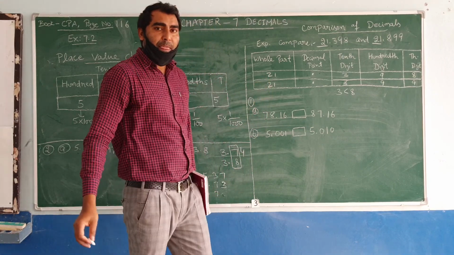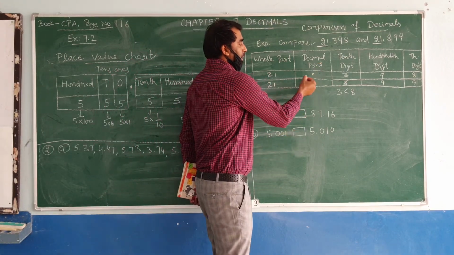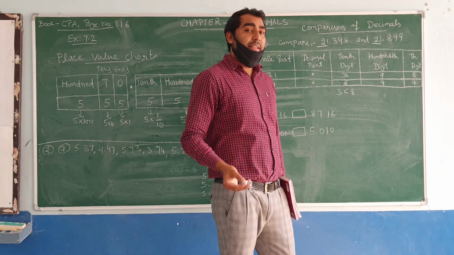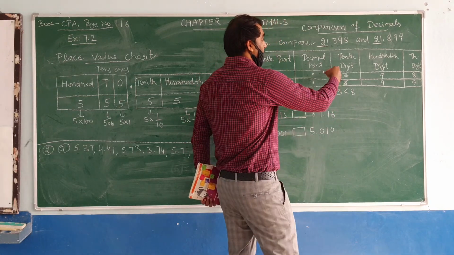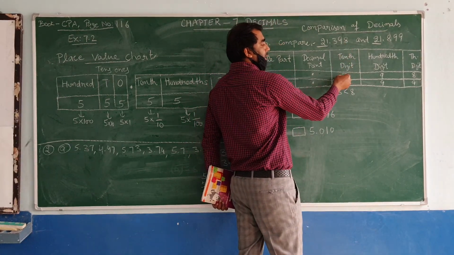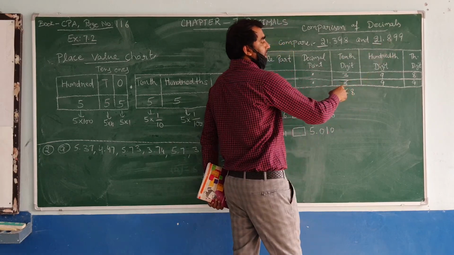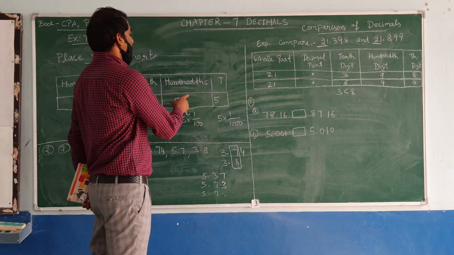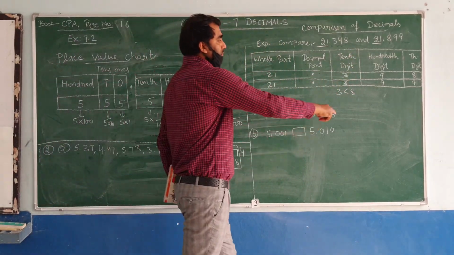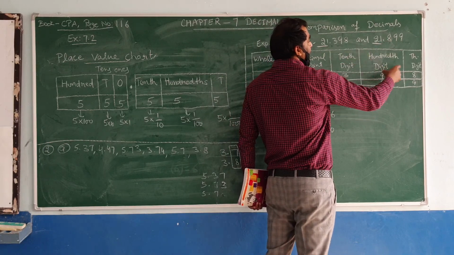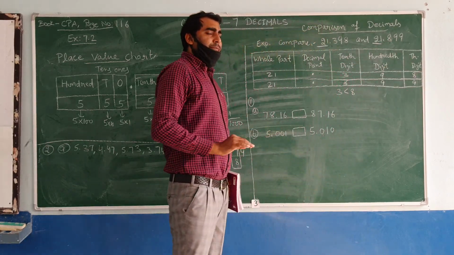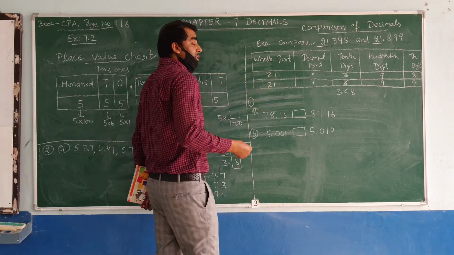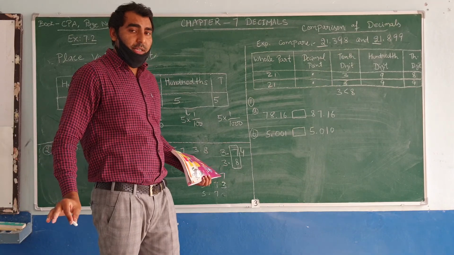Here is 21. Okay. Now point, decimal means point. So now after the point, what digit will come first? It means the tenths digit. Here 3 is here, 8 is here. Next is the hundredths digit, 9, and here is also 9. Here is 8, here is 9. If the whole numbers are the same, we don't know yet which is greater.